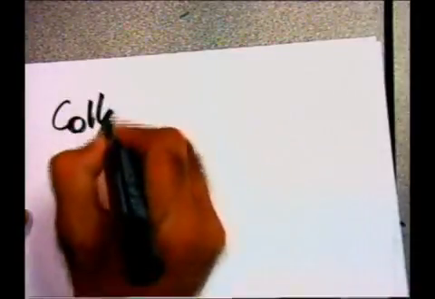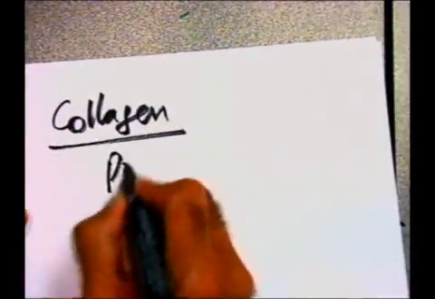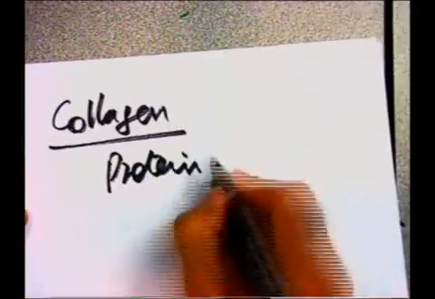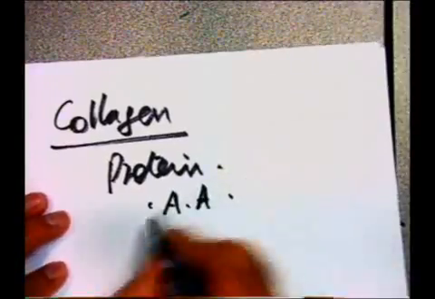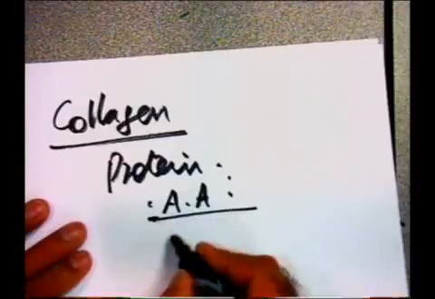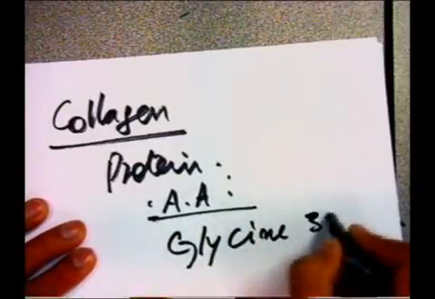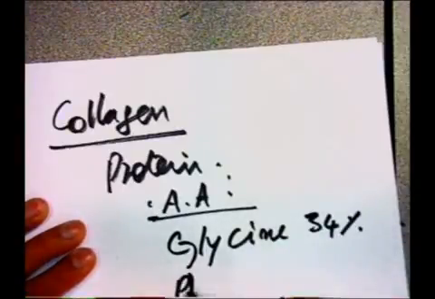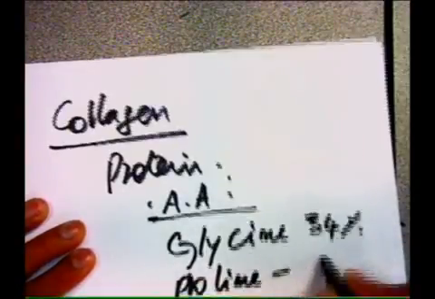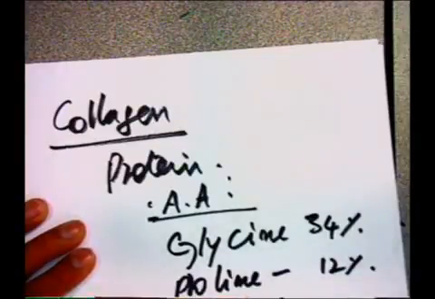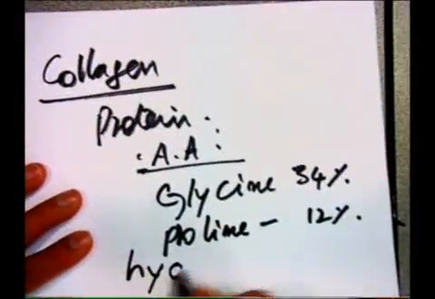So we also studied the types of fibers like elastic, collagen, and reticular fibers. And also the collagen is made up of amino acids. What is collagen? Collagen is a protein, right? It's a protein, and it is made up of amino acids, right? What type of amino acids? If you see the classification of amino acids, the percentage of amino acids: glycine is present at 34%, and proline is present at 12%, and hydroxyproline